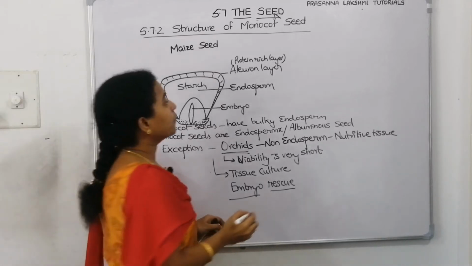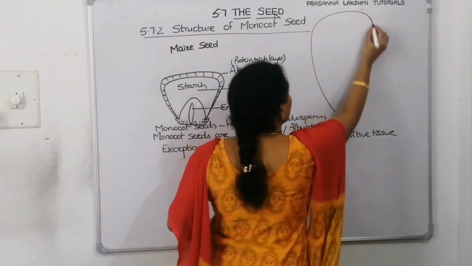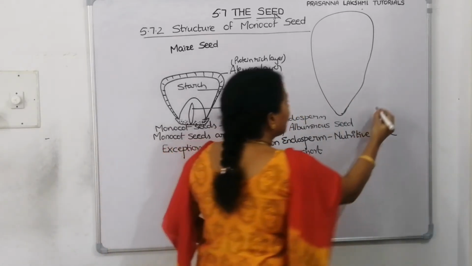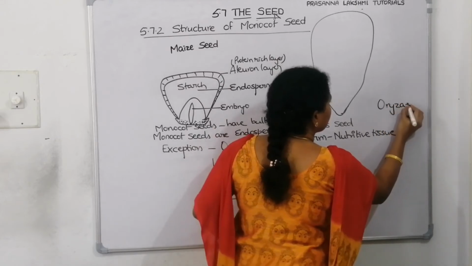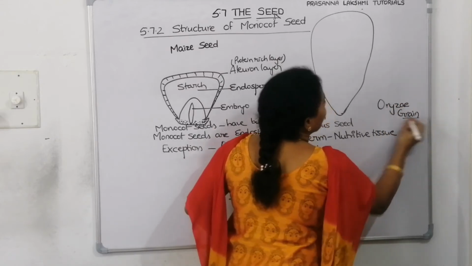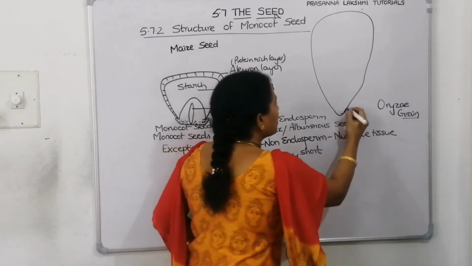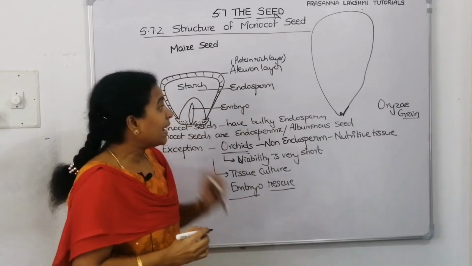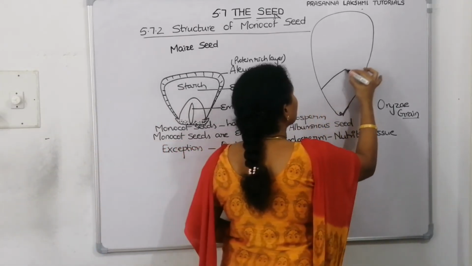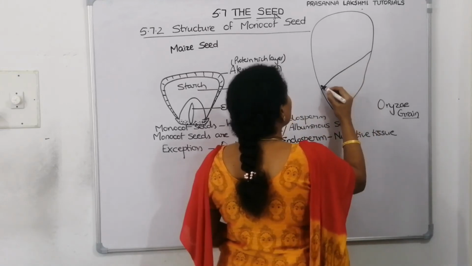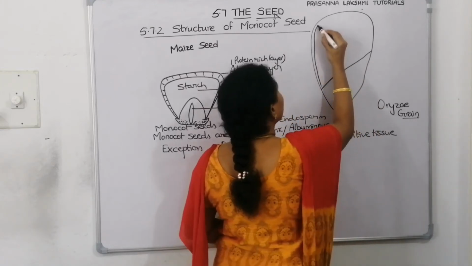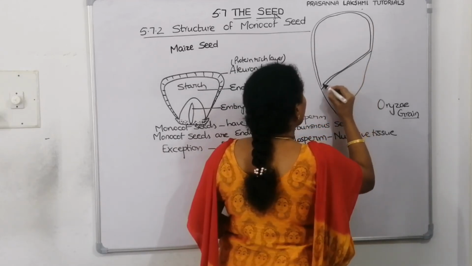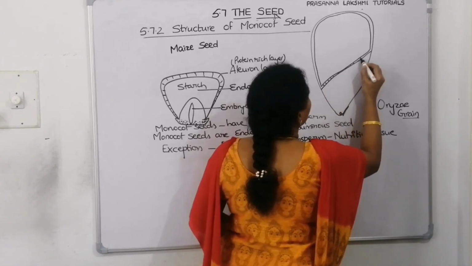Now, we look into the structure of rice grain also. Now, this is rice grain. Rice grain means Oryza. Wheat grain also will be like this only. It has a small scar here and it has a micropyle here. We are telling it is having bulky endosperm. Now, this much region is its endosperm only, starchy endosperm. And I told the endosperm is surrounded by a protein-rich layer which is called aleurone layer. So, this layer is the aleurone layer.